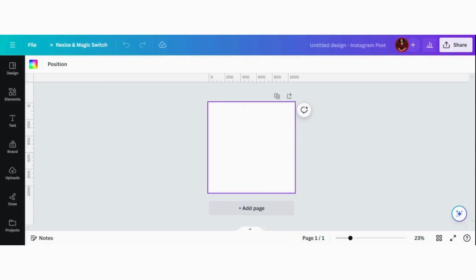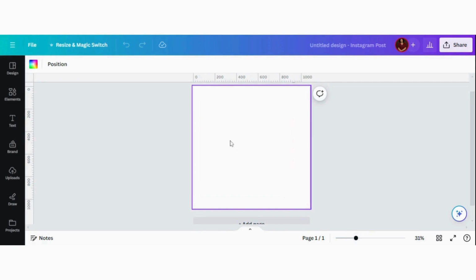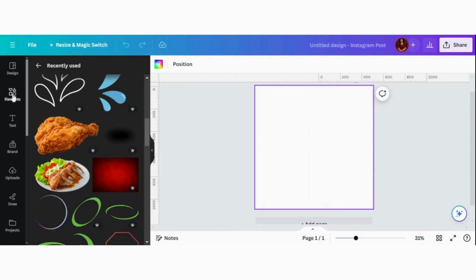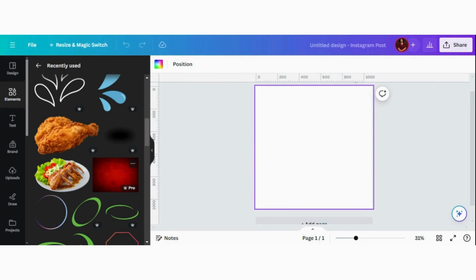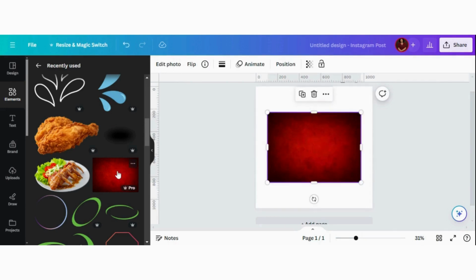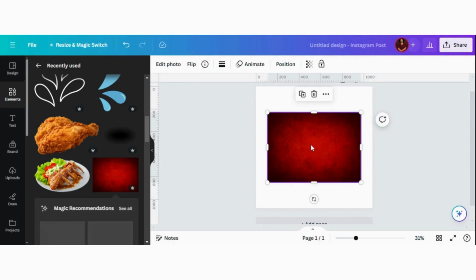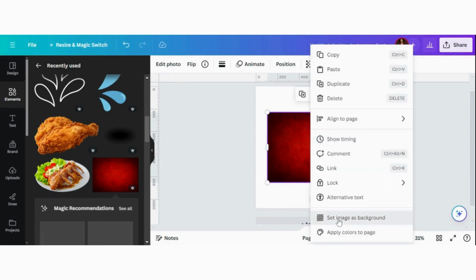So in today's tutorial, we will be designing a restaurant flyer suitable for Instagram posts. So this is our Instagram blank page. Let's go to elements to get a background. I'll be using this background. This is called red background texture. Just search for a red textured background in the elements. You find something like this, or you can use the exact one I'm using. So let's set this as background image